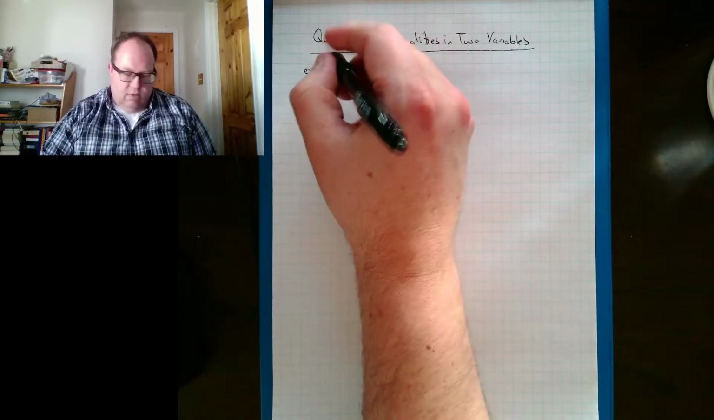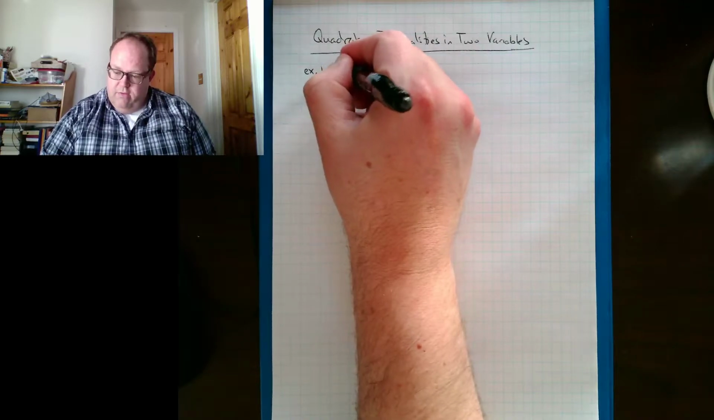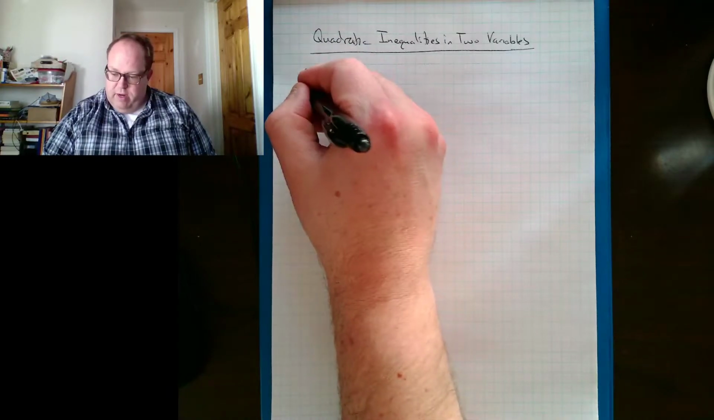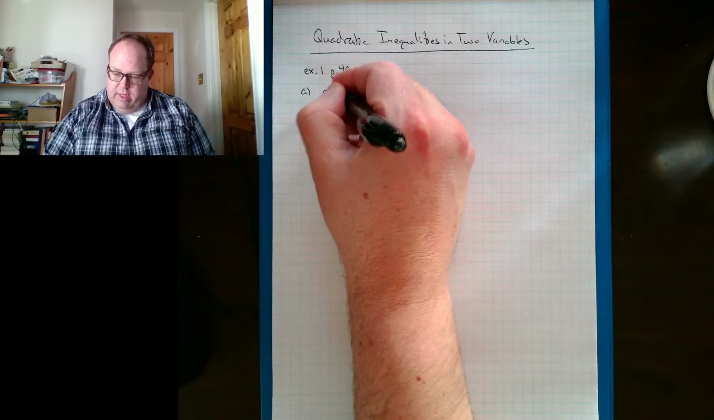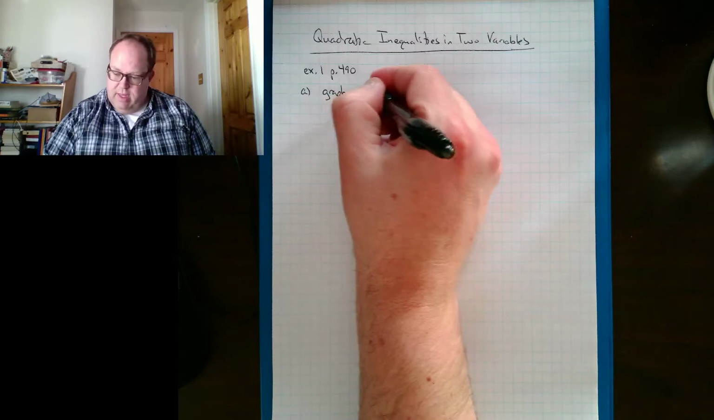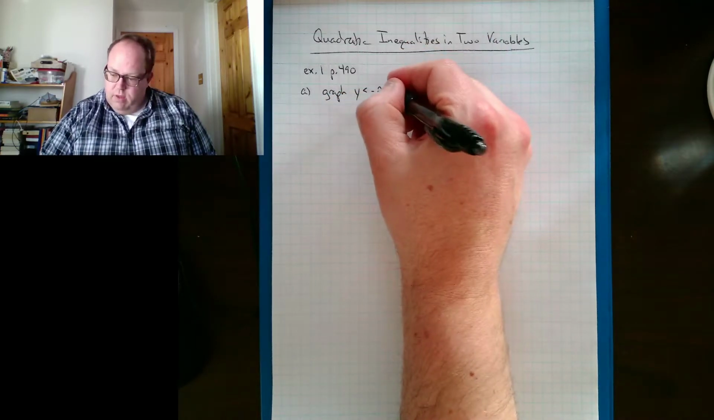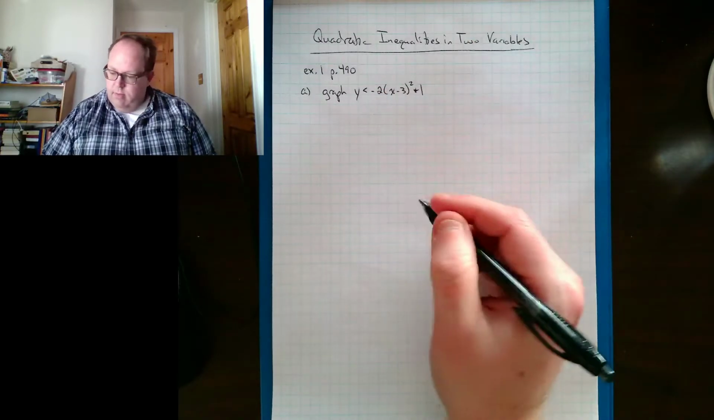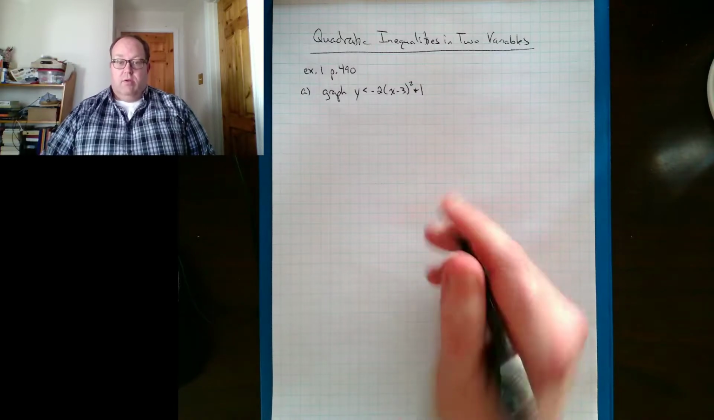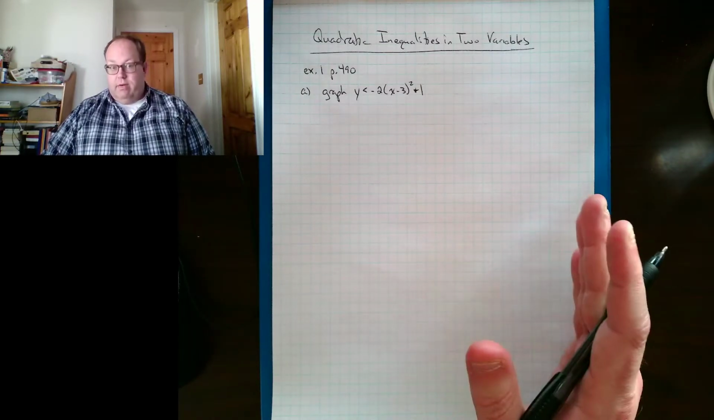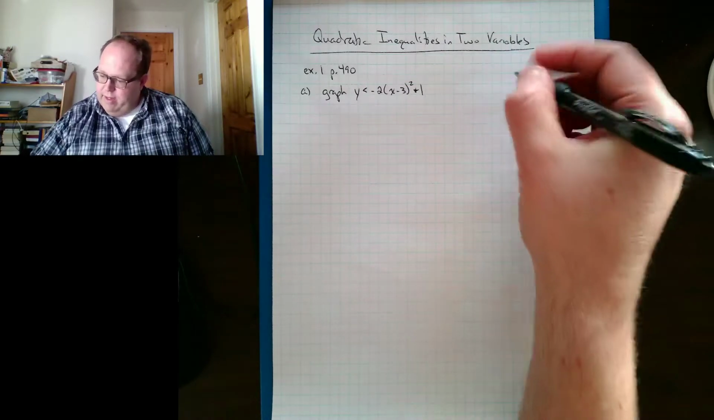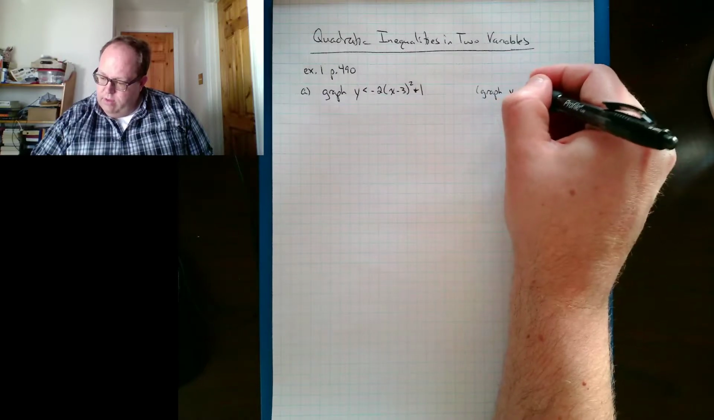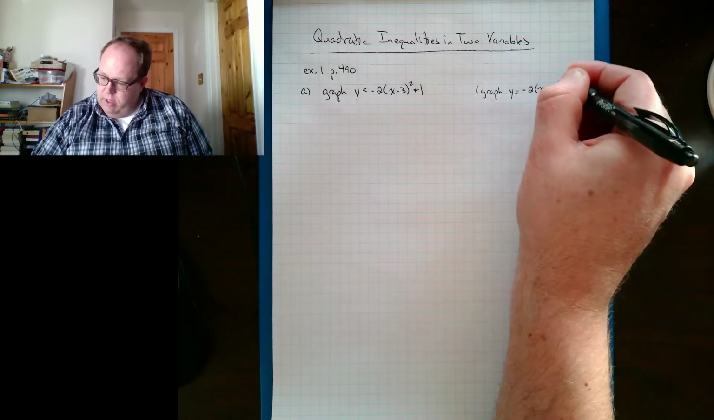This is example 1 off of page 490. And what we're asked, two parts. We're asked to graph the inequality y less than negative 2 times x minus 3 squared plus 1. So this is almost identical to just graphing a regular quadratic. If I wanted to graph the quadratic y equals negative 2 times x minus 3 squared plus 1,